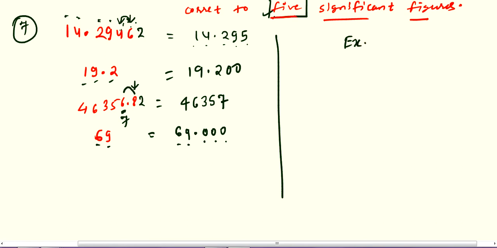Then last is exercise 4F. 4F is a miscellaneous exercise. Miscellaneous means what? You will have questions from 4A to 4E that you have to solve. So question number 1 to 5 is homework, which is easy, you can solve, no problem. If you are having any doubt, you can drop a message, then I will clear your doubt. Then question number 6. From 6 I will explain one question.